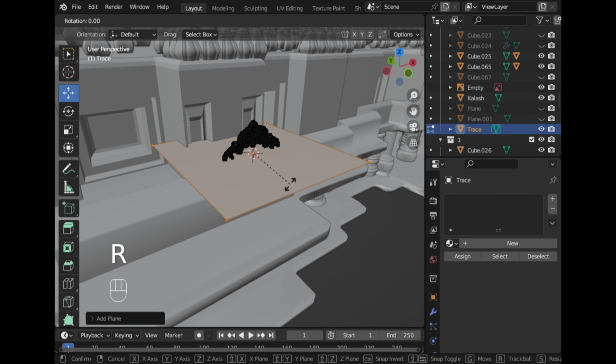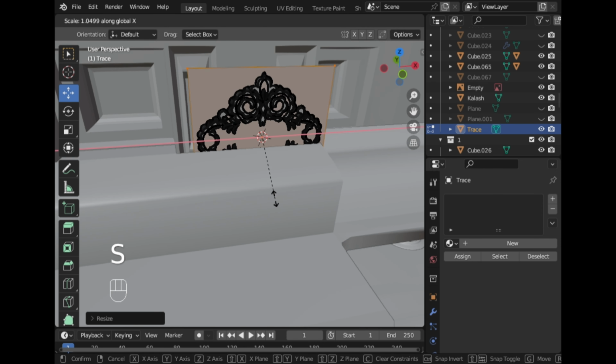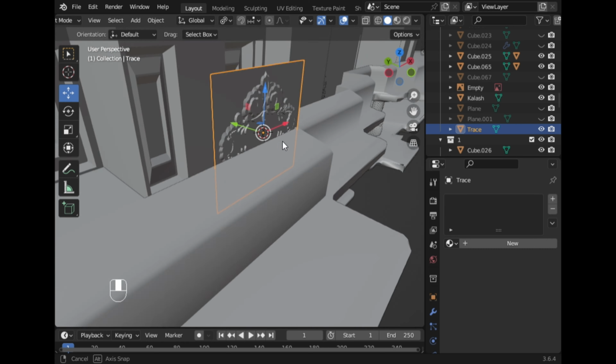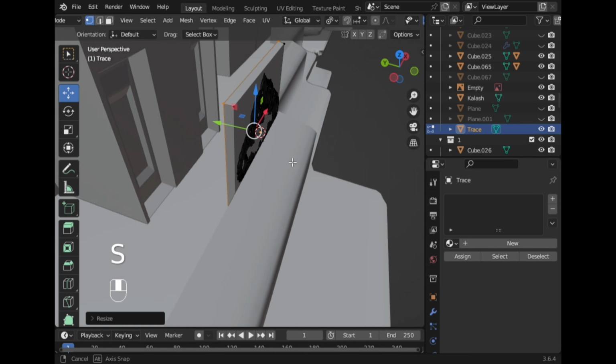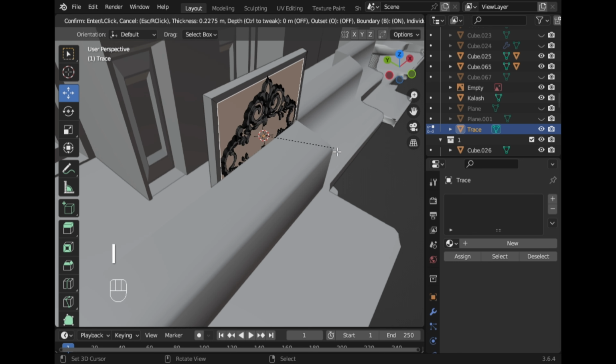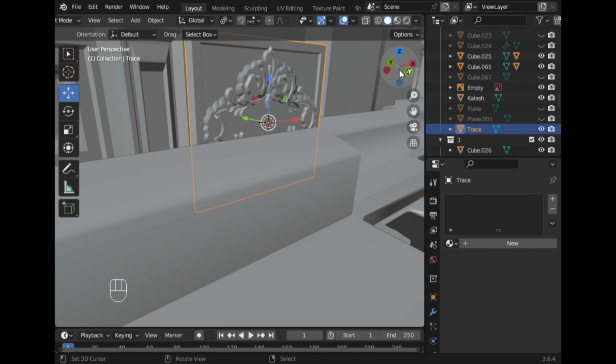Now we can simply add a plane, rotate it along the x-axis, and then scale it properly so that it matches the proportion and size of this image. And now simply extrude it along the y-axis, and with the face selection insert a face a couple of times, and we need to make the cavity-like object. So here you can see,